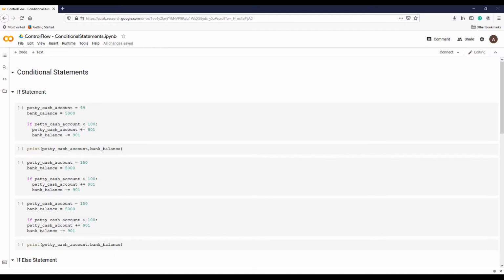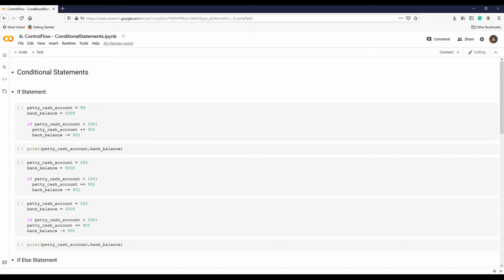Let's see some examples and how to write these statements. Consider this example. You are an accountant and you want to replenish the petty cash fund every time it goes below $100 to make it $1,000.